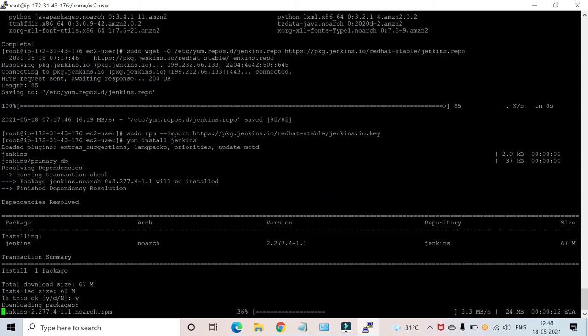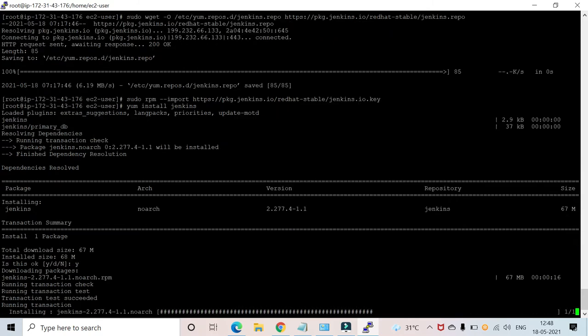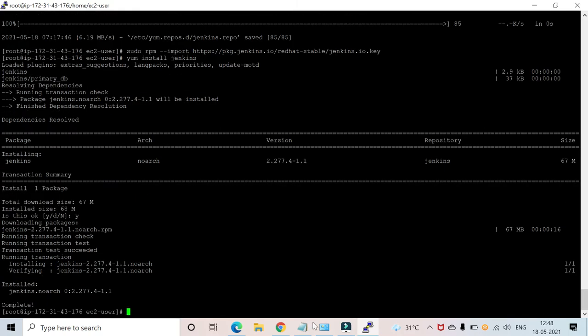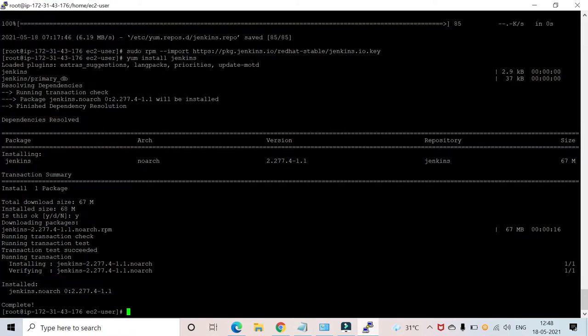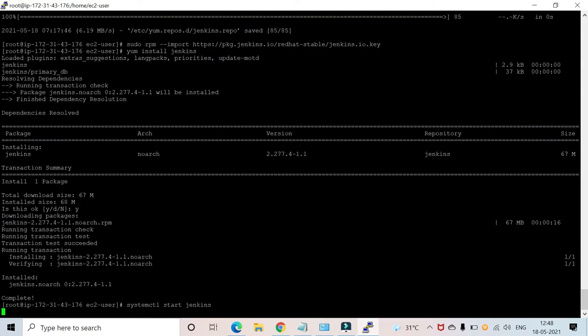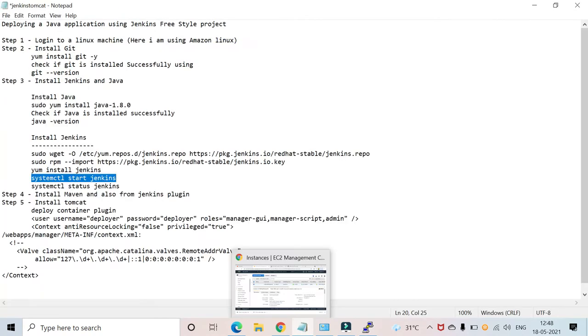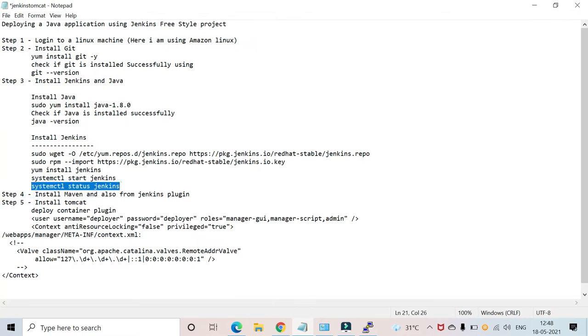So Jenkins is getting installed. Now let's start Jenkins. systemctl start jenkins, and now let's check the status of Jenkins.